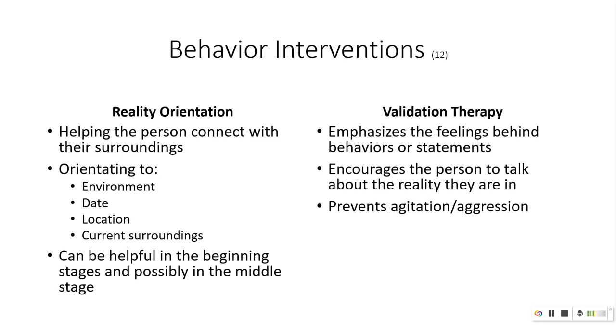I asked her what season we were in. She pulled back her curtain and said, well, it's fall, because she could see outside that the leaves were on the ground. So she was pretty good at figuring things out that way, but yet continually asked the same questions, continually said the same thing. So she did have some memory impairment. But if they're at the stage where you can orient them without causing frustration and anger, this can be very helpful in the beginning stage of the disease, possibly in the middle stage, but as they become more confused